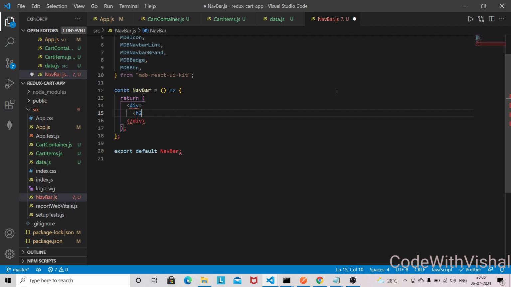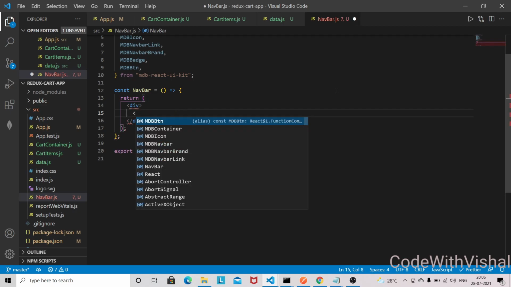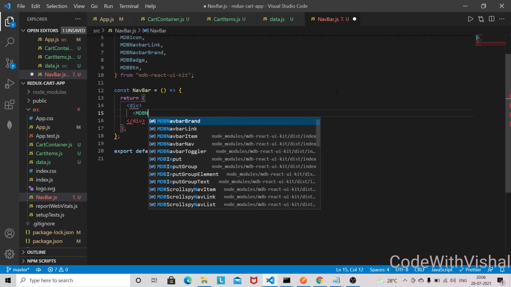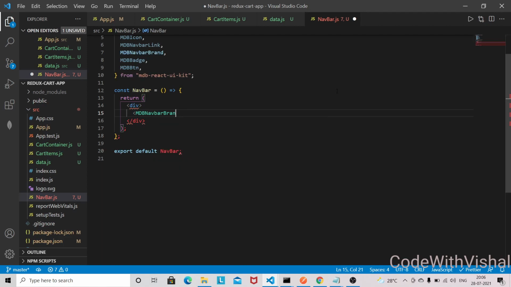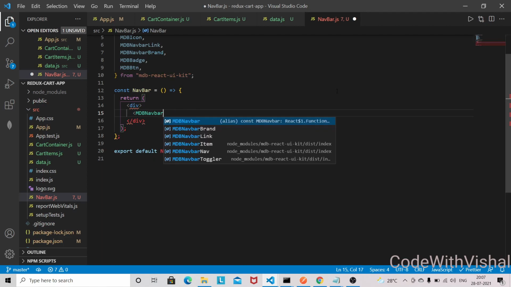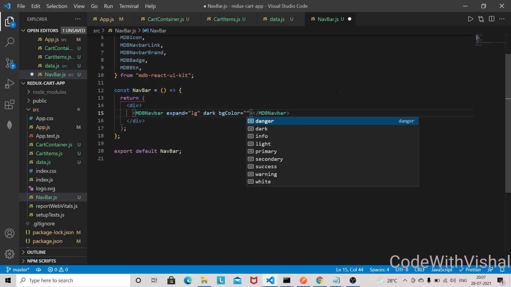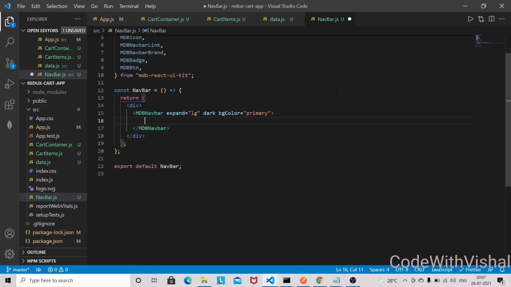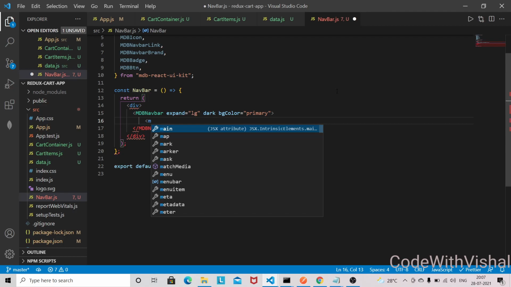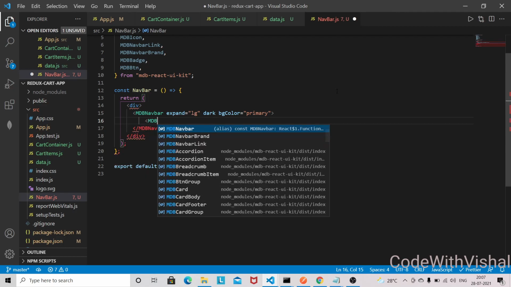So let's remove this one, and we can have MDBNavbar here, only navbar, and inside that I need to pass expand lg, dark, bgColor, and it will be primary, and that's it. And we'll have one container, so MDBContainer,